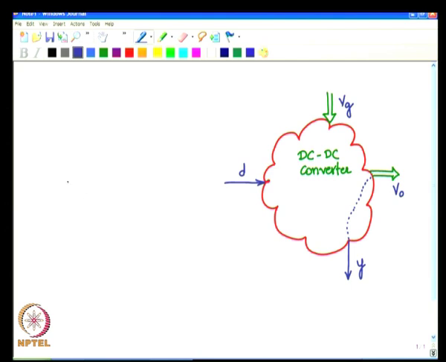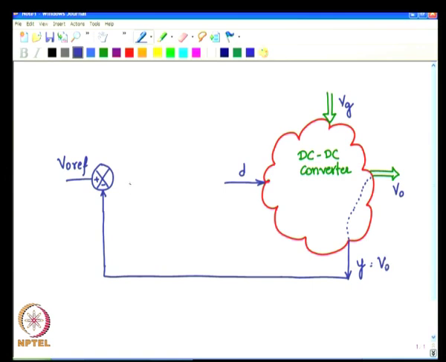Okay. And here on the signal control side, we have a comparator which compares a reference desired value of V naught with the actual measured value of V naught, and this compared value, the error, is given to a controller. This is the controller, and the output of the controller, which is called the control voltage Vc,